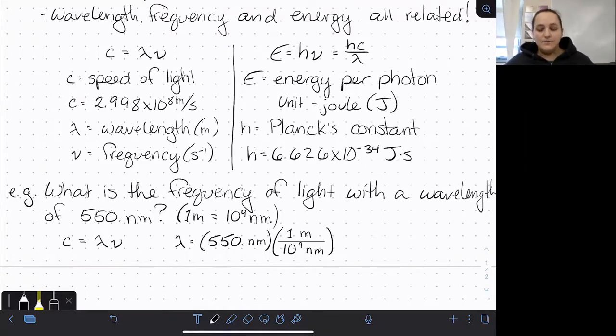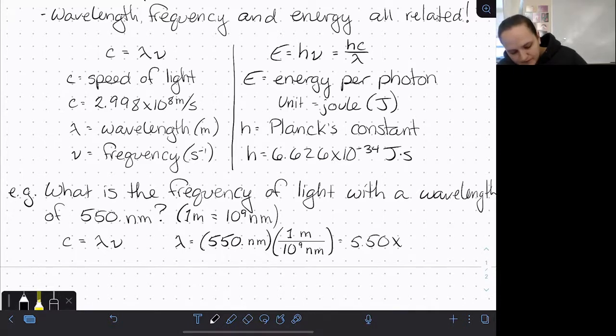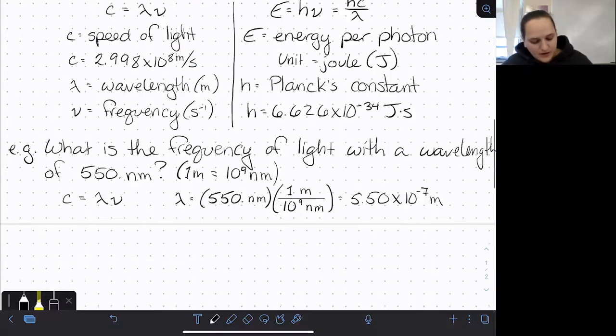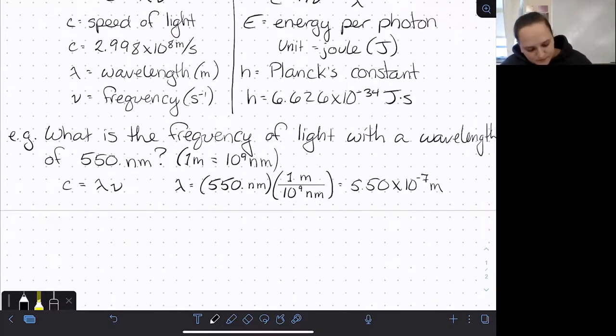The nanometers goes on the bottom so that those units cancel. Meters goes on the top since that's where we want to end up. And that gets us 5.50 times 10 to the negative 7th meters. So now that we have that, if we are looking to solve for frequency,